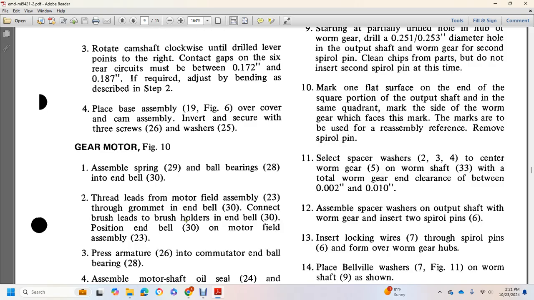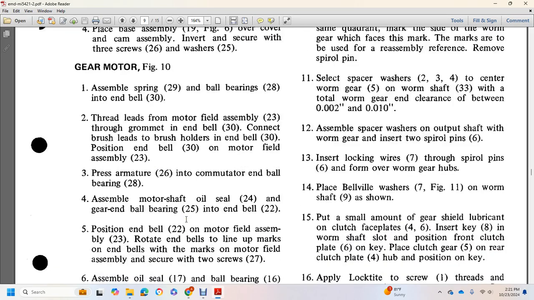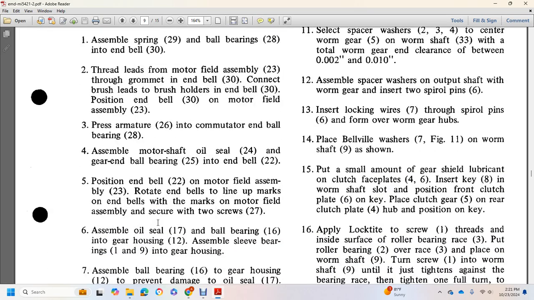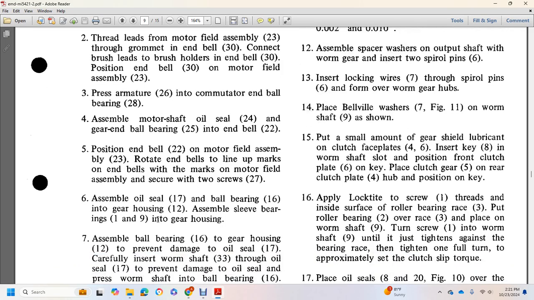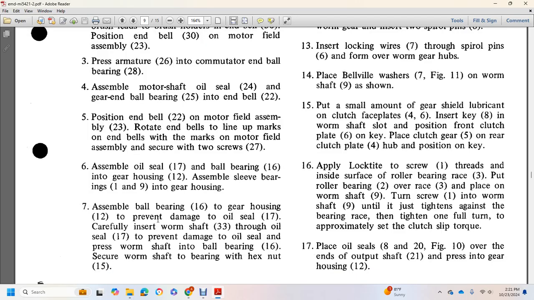Assembly pressure armature 26 with the commutator end bell with the bearing on the motor shaft with the oil seal 24 with the gear end ball bearing 25 into the end bell 22. Position end bell on the motor field assembly 23 and rotate the end bell to line up the marks on the end bell with the marks on the motor field. Assembly screw 2 with screw 27 with the oil seal. Spring seal with the ball bearing 16 into